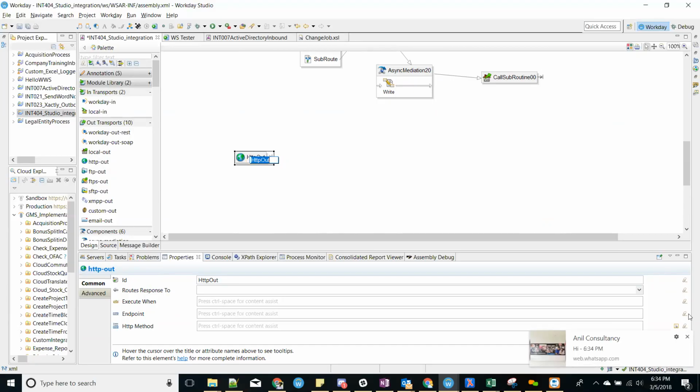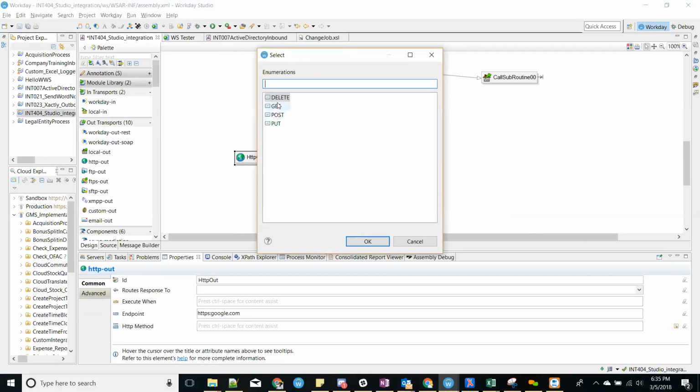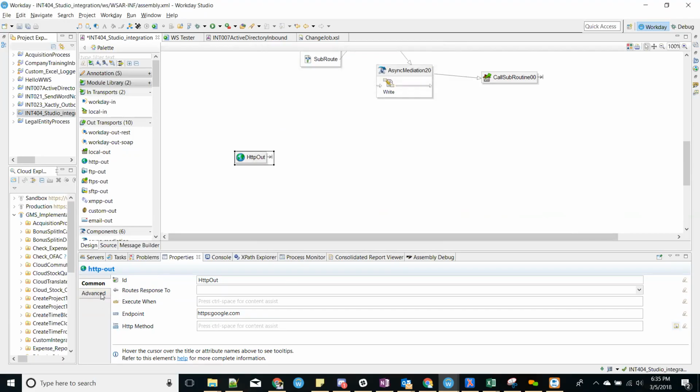For example, if the server on that side uses a header and you are required to add a header, it can also do it. So for HTTP Out, you configure your endpoint, something like https google.com, whatever endpoint your vendor gives. For the HTTP method, you can select from put, post, delete, and get. It should be one of these. Okay. And then in advanced,